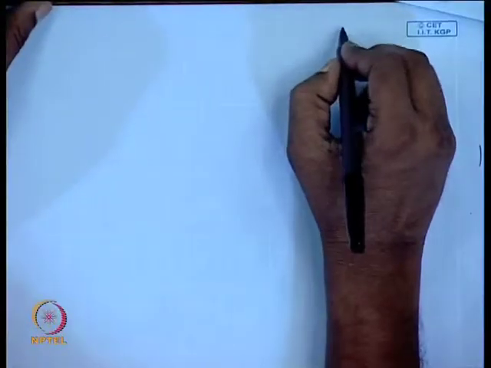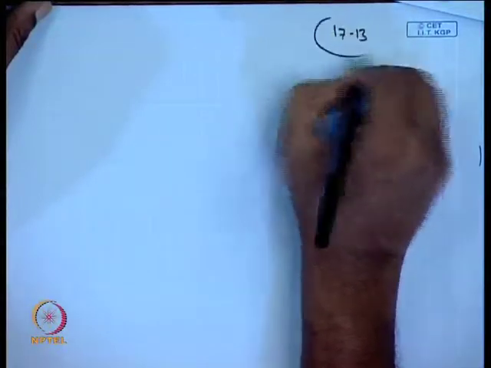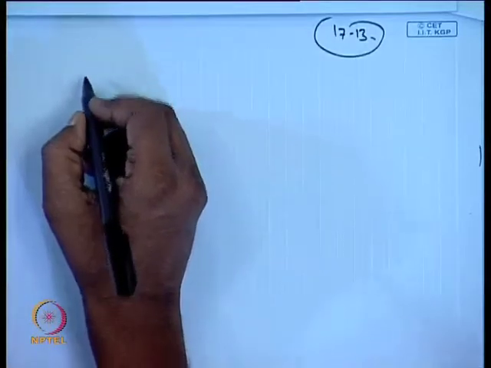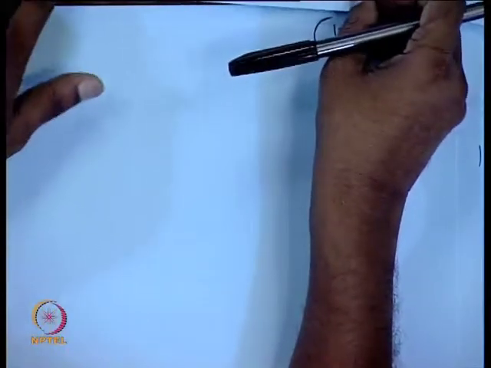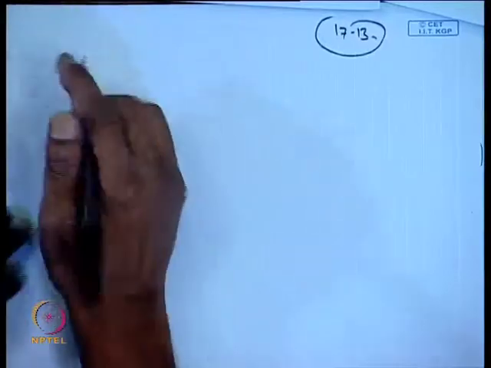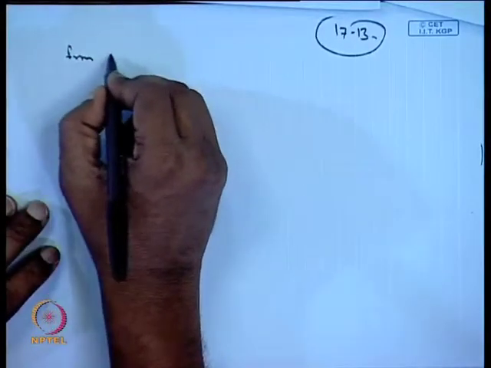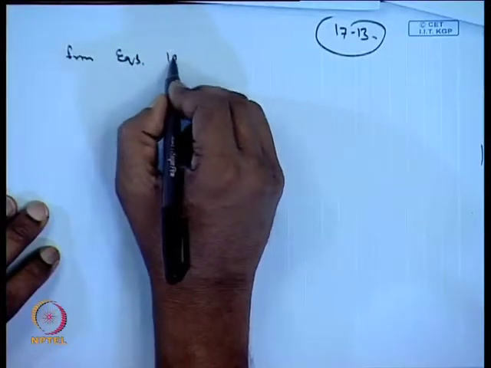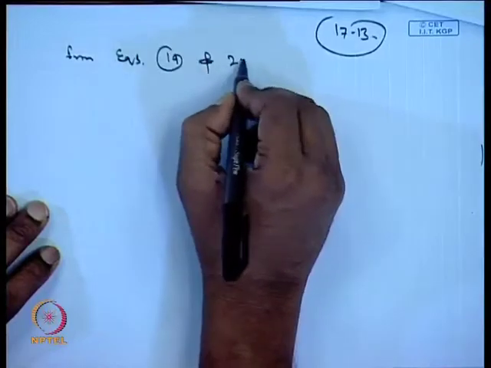To find out the relevant relationship between these quantities, we can look into equation number 19 and 20. Okay. So, from equations 19 and 20,